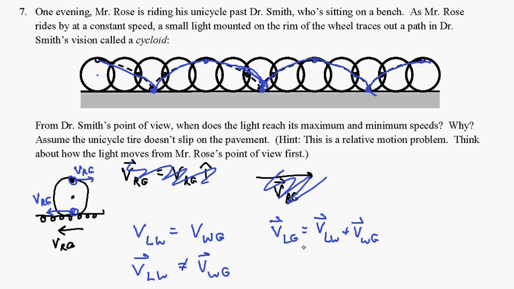Okay, and then we want to find VLG. It's a vector sum of VLW and VWG, which are both the same length, right, because of this. So this vector and this vector are the same length, but VLW,